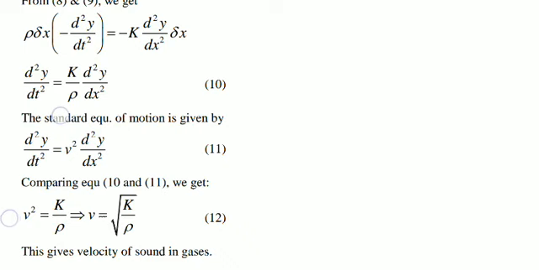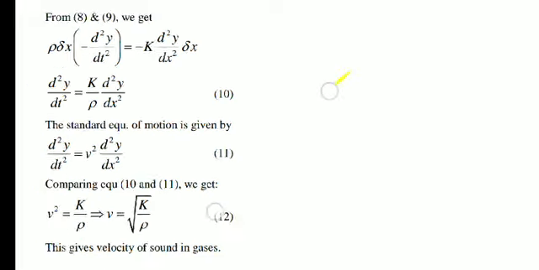So we have to find an alternate arrangement by which we can find out the value for this bulk modulus. Now there was Newton who gave the recipe of how to find out the value of this bulk modulus for the air medium, and we will see whether he succeeded in calculating the value of velocity of sound in gaseous medium or not. So next we will discuss in the next lecture.